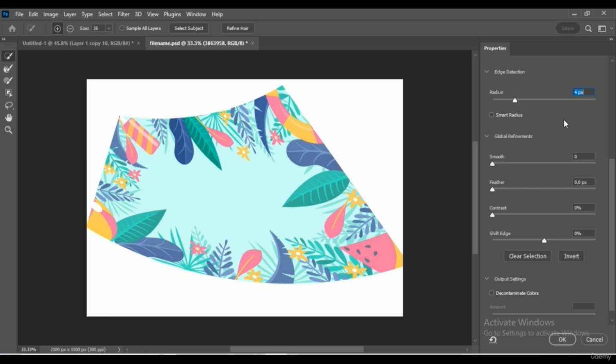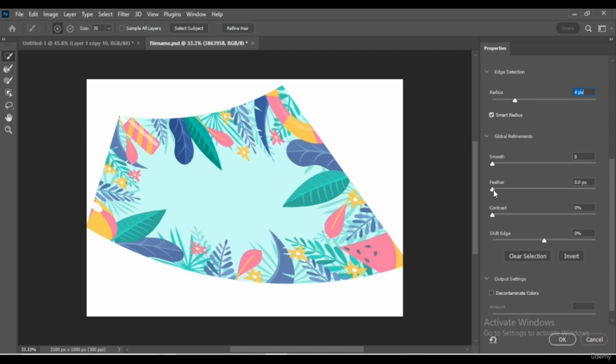The higher the value, the edge of the selection becomes smoother. If you make the background in the layers tab transparent. In this smart radius, if this checkbox is clicked, it will automatically set the radius with the selected object, like it will set the radius for hair and shoulder differently.